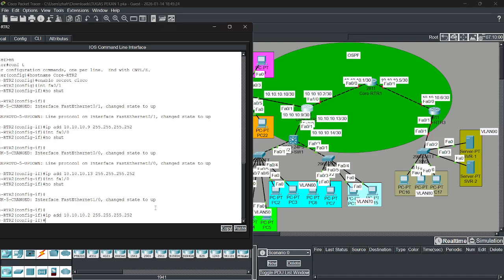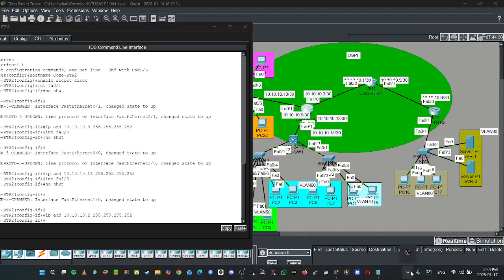Okay. You can see why the route is red, because in core router 1 the port is not active, no longer active. Okay.